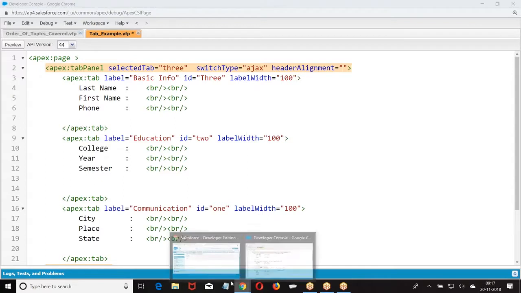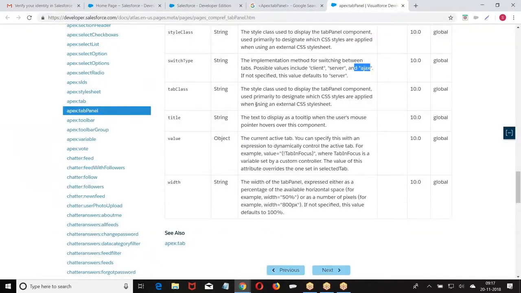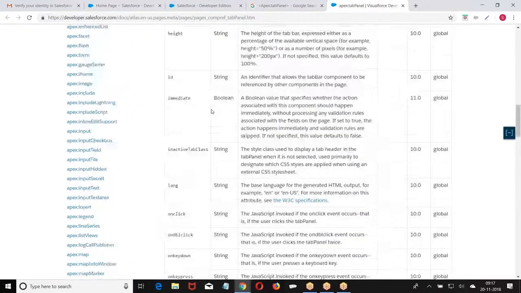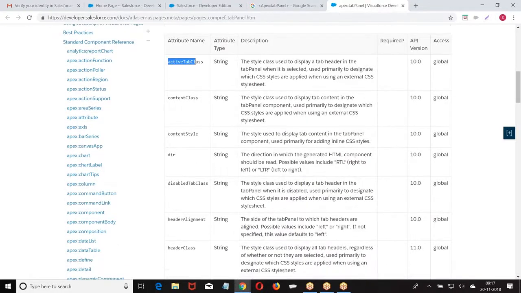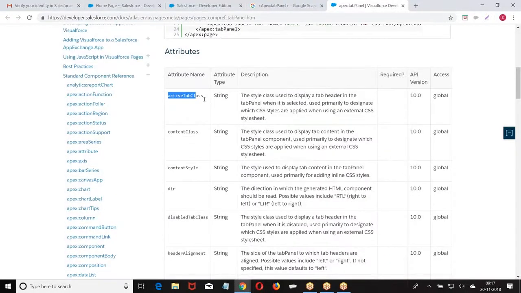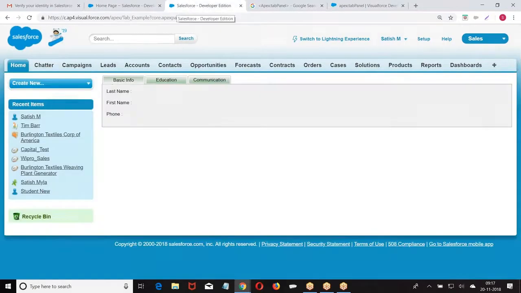We can go with the header elements. So let us see anything which is important to us. This is a style class. You want to apply any properties, like if you select a tab it should be blue color. When you select the tab right now, what is the color we are getting? The moment I select this, the selected tab should be represented with the blue color.